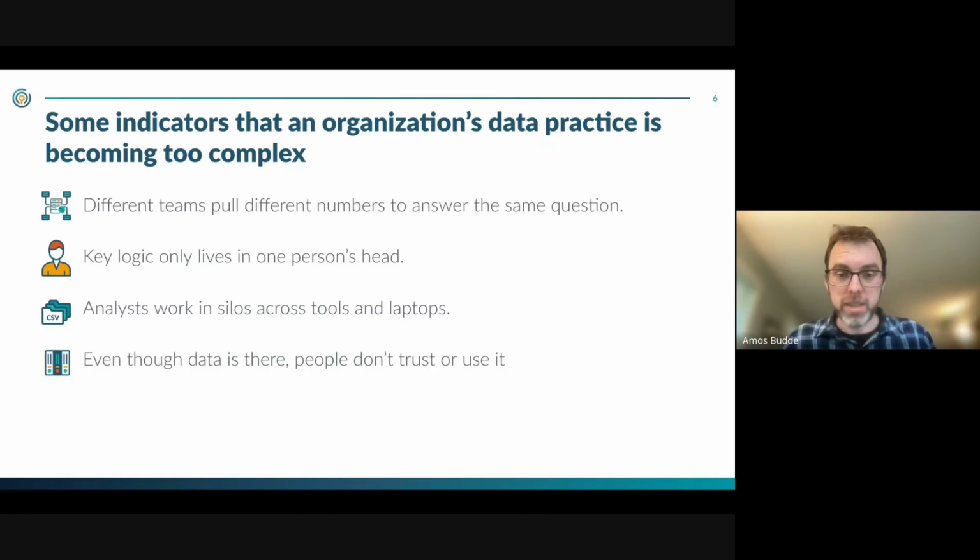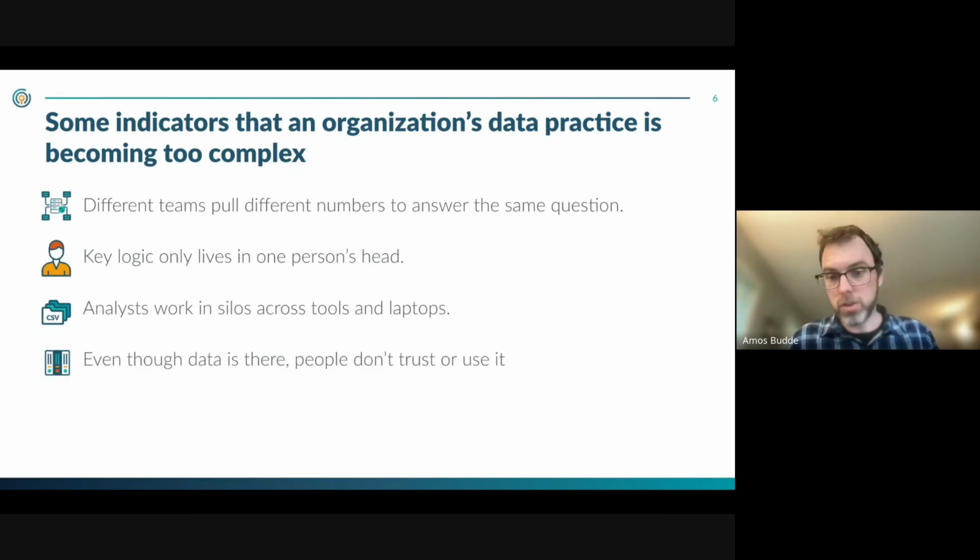I've worked on data teams where we had a data hero and everyone had to ask that person the details of what where clause filters do I need in order to get this metric correct? And they're doing all these crazy joins and one person knows the answer and then you're copying and pasting SQL code back and forth. And that's a risk for obvious reasons. It's also not very efficient.